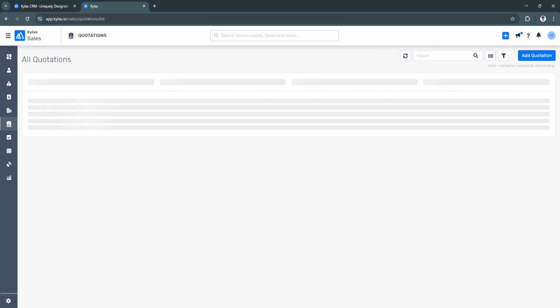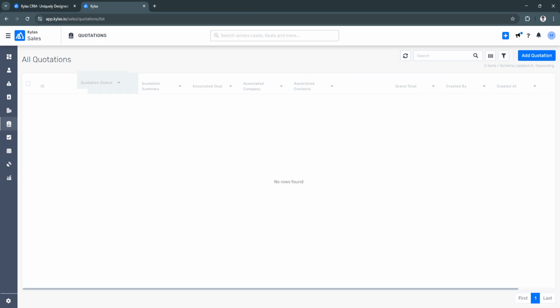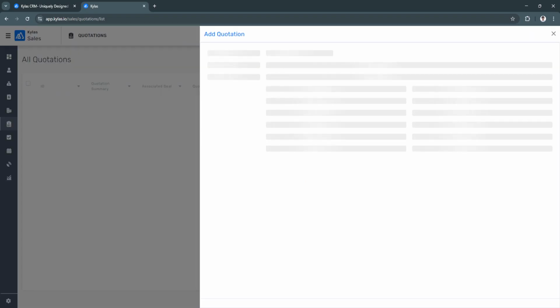Next is quotations. We also have quotations right here. You'll see all of your quotations right here. And yep, I forgot to mention, you can always filter all of this information right here. Let's say you want to filter the quotation status. You can select wrap text, clip text, freeze column, and you can always drag and drop them wherever you like. Now to add a quotation, again, just click on add quotation